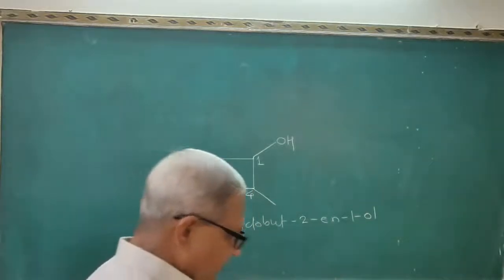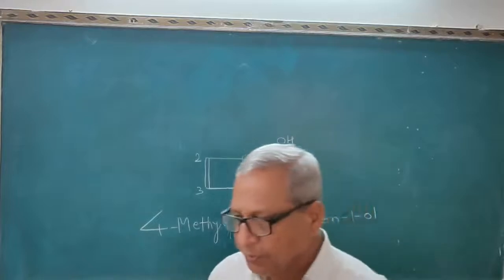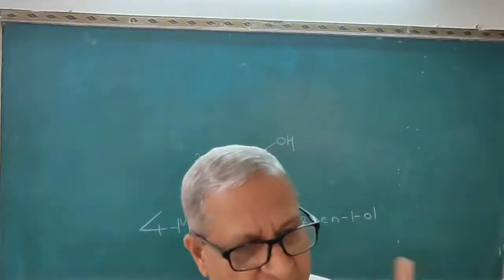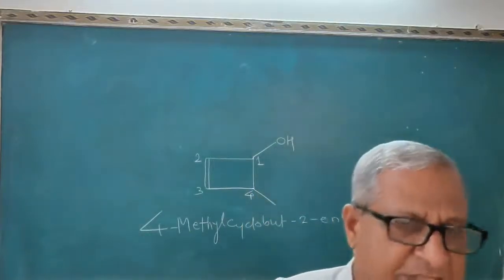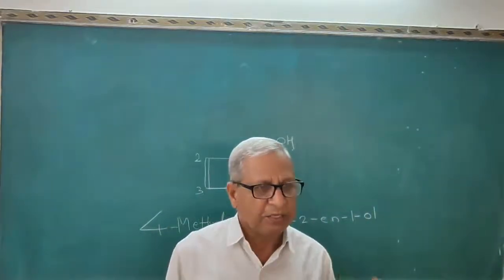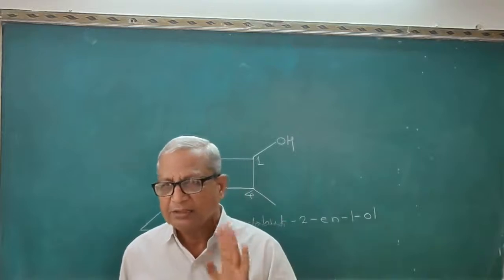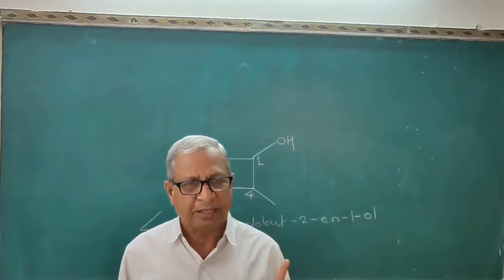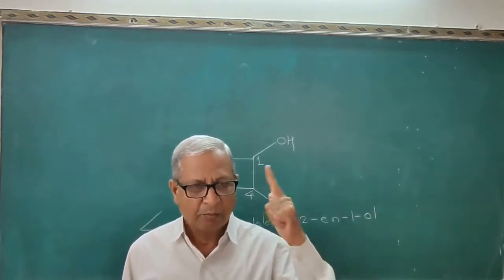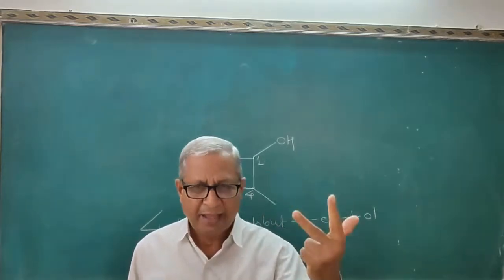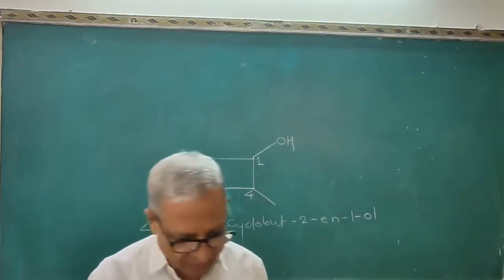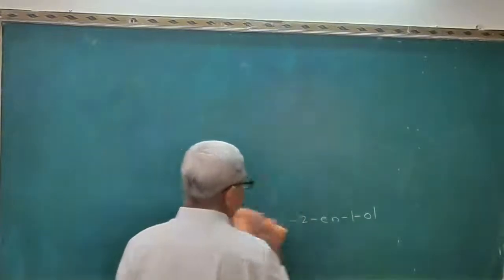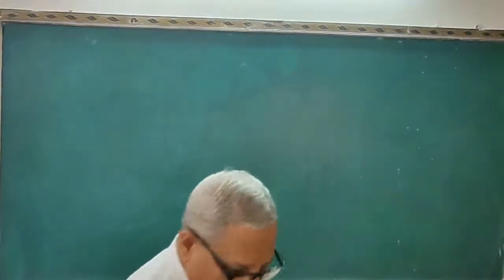So we completed the point here, IUPAC nomenclature by the two systems. One is the common system and second is the IUPAC system. Remember that the IUPAC system is more preferred than the common system. In the IUPAC system, we learn the nomenclature by structural formula, condensed formula, and by bond line formula. All these are very important. Now I will take here the third system, that is the carbinol system.